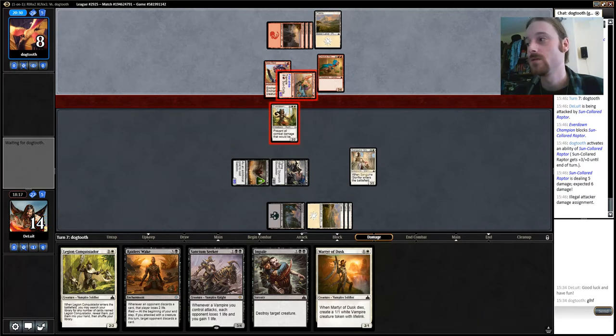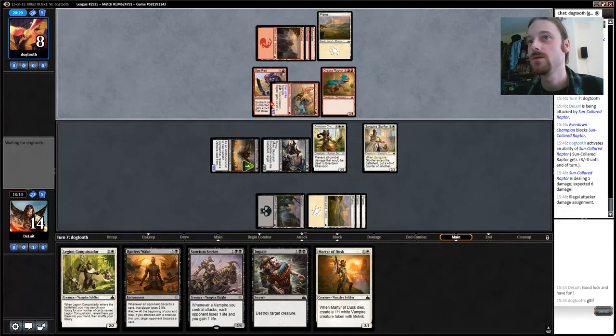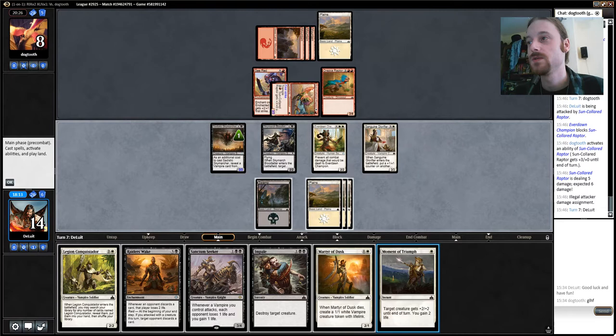What's happening? Illegal attacker assignments. What is he doing? What's happening? I don't know. Alright, this should do the trick too, but